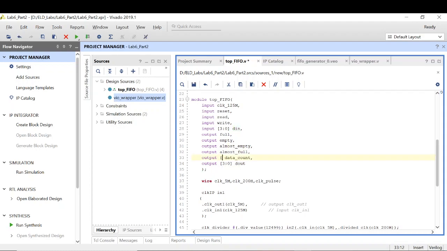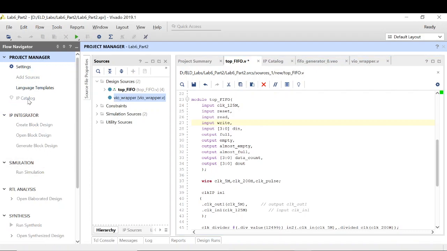So this should also be 3 down to 0. That's a mistake. So 3 probes I need, which are of 3 down to 0, out of which one is an input probe. So that is the output. So that is the output probe of the VIO. This is the input port. So now let's add a VIO IP and instantiate it.